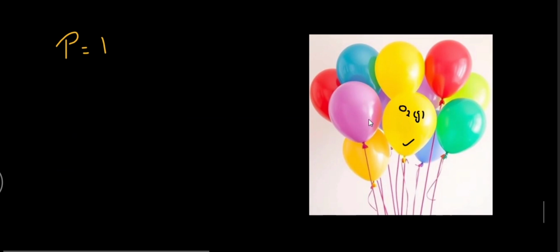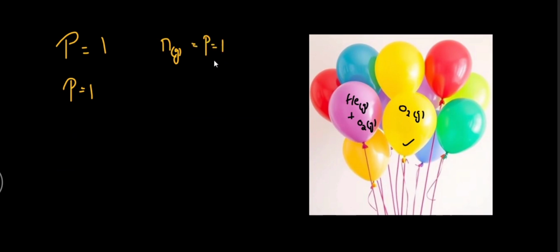Now imagine I have given you this violet colored balloon, and this balloon is filled with helium gas and oxygen gas. Now, in this case, how many phases are there? Again, your answer should be 1. So what we can conclude over here: if you have n number of gases, the number of phases would always be 1. What is the reason? Because if two gases are mixed with each other, we cannot physically identify how many gases